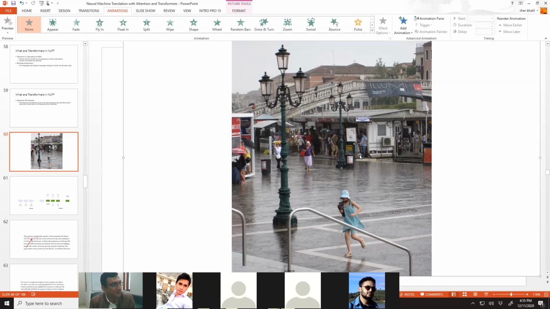Why is he running? Probably because you are concerned for your own safety. He might have seen a murderer or a bomber, right? So you pay attention to them because you are also concerned about your own security. Everybody, whenever anybody is running, we pay attention to them. So the default query in our mind when we saw this image was why she's running. Then we figured out she's running because it was raining, right?